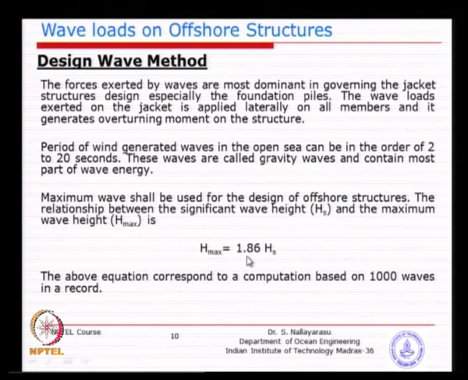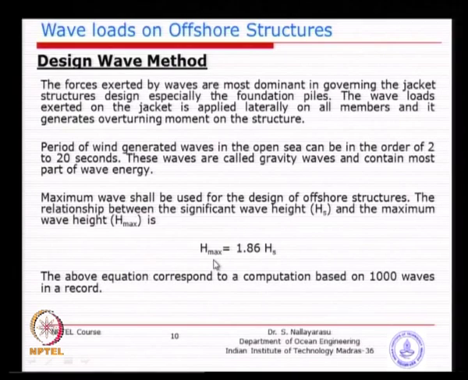For a particular record of 1000 waves, you could calculate the ratio between the significant wave height and the maximum wave height. So, what is the meaning of significant wave height? Basically, the average of the top 1/3 of the waves recorded at the site. That means if you have 1000 waves, you arrange them in descending order, and the top 1/3 you take an average, which is called a significant wave height, which is basically a simple idea that the energy content is more in the top 1/3 of the waves. That is why it is called significant. The energy content is higher at the top.